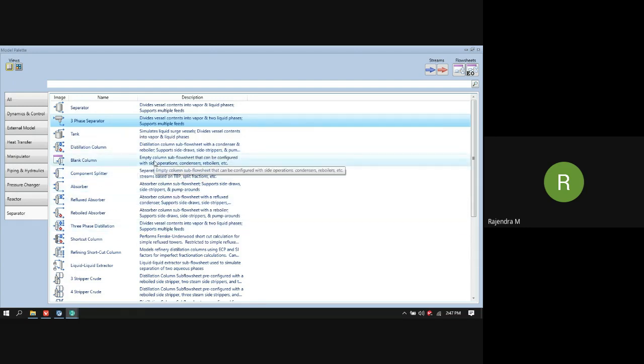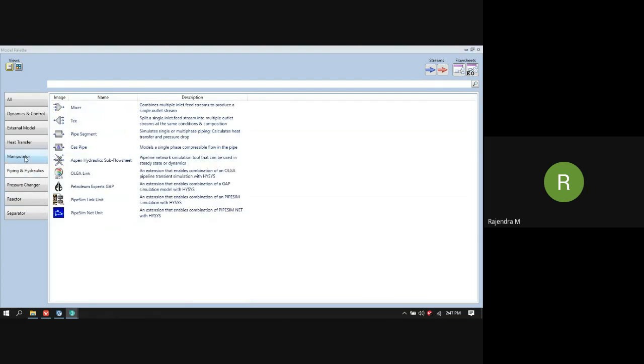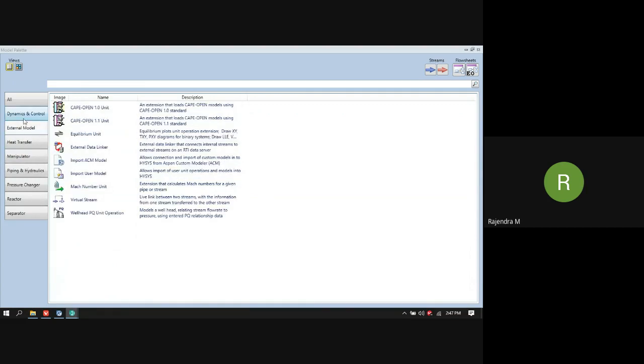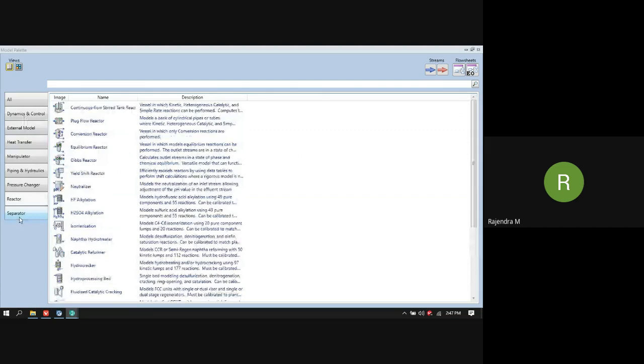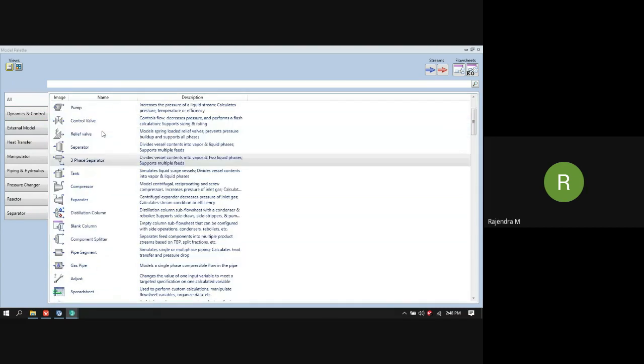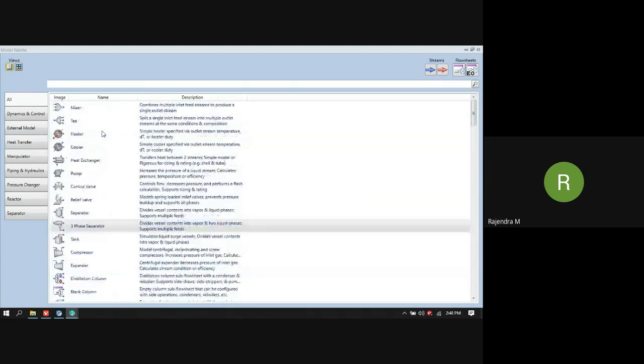We'll see them one by one as we cover. They have bunched these things by kind, like reactor, separator, and so on. After clicking on all, all the tabs are opened in a single window.